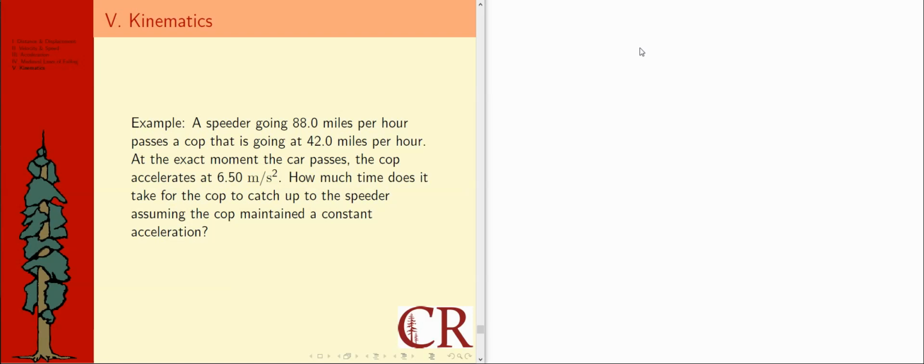A speeder going 88 miles per hour passes a cop that is going at 42 miles per hour. At the exact moment the car passes, the speeder that is, the cop accelerates at 6.5 meters per second squared. How much time does it take for the cop to catch up to the speeder, assuming the cop maintained a